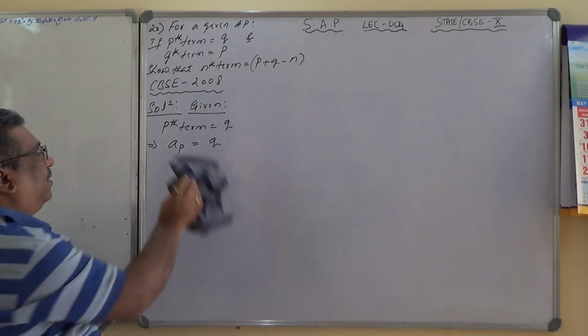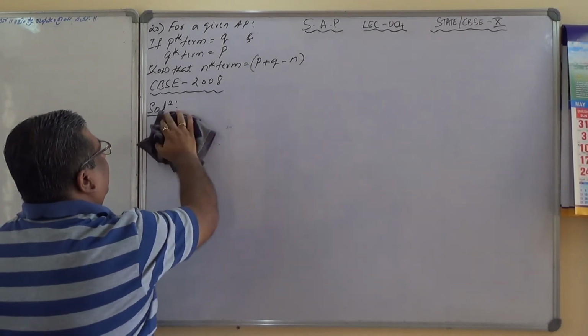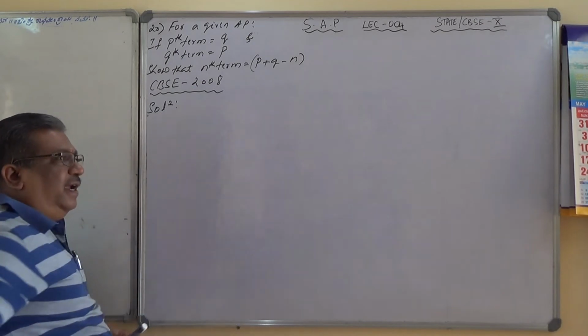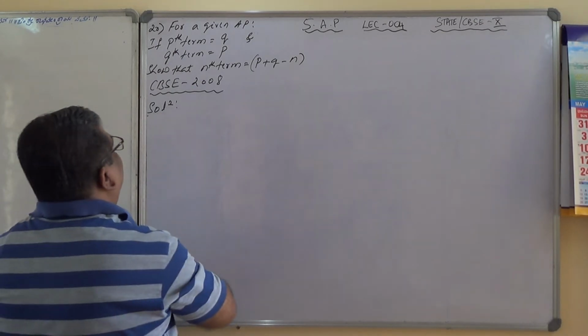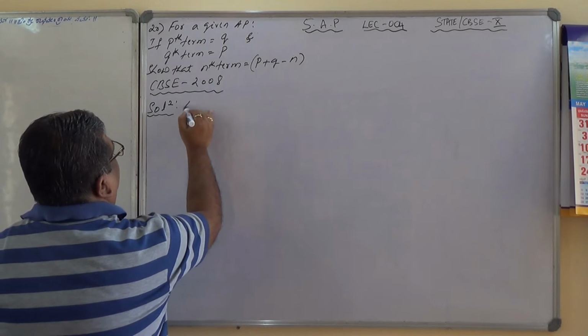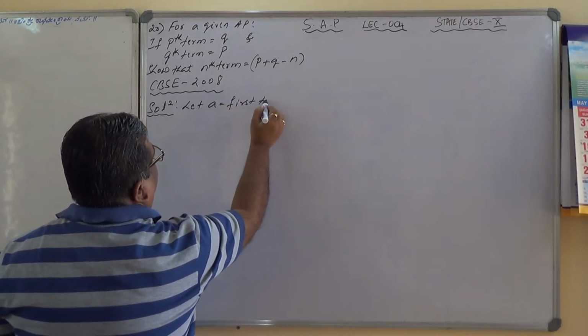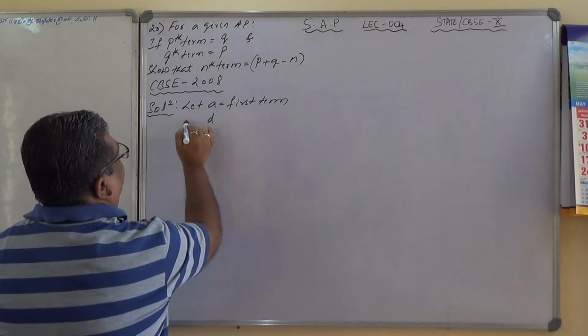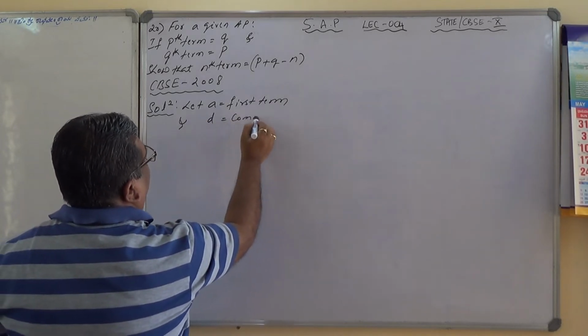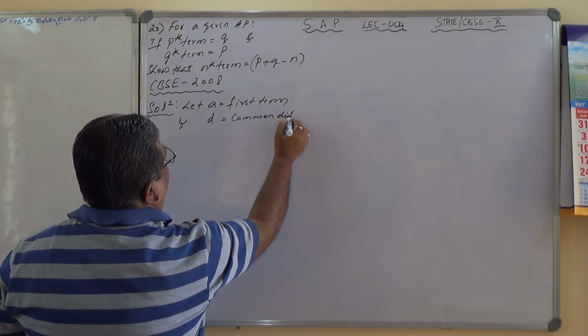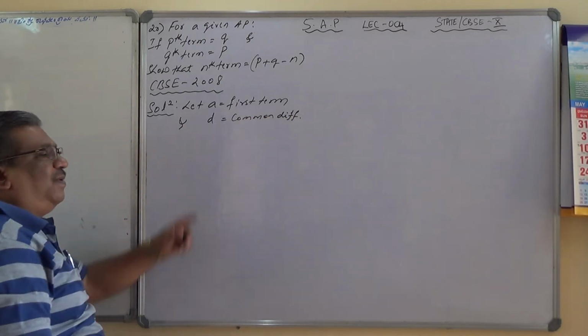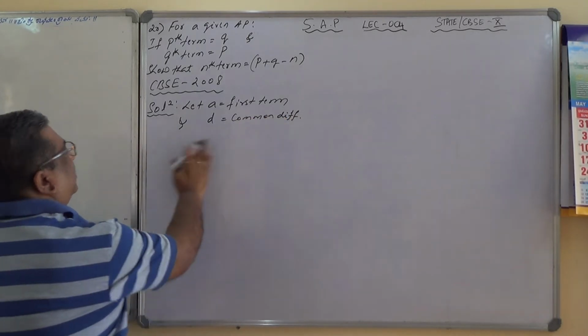It is better. Very quickly I will do that. Solution, we have to write in the beginning a and d as the first term and the common difference. Solution, let a equals first term and d equals common difference. Even if you write at least this it is enough, but it is preferable to write this. Okay, next, given